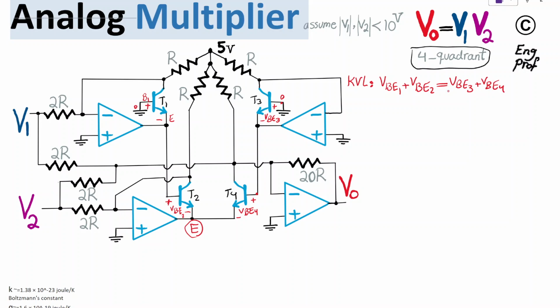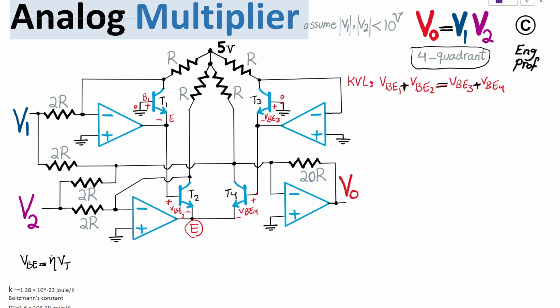So this is very interesting, because this allows me to now substitute for these base-emitter voltages using the Shockley equation of the BJT transistor, which, as is well known, says the base-emitter voltage of an operating BJT transistor is simply eta Vt,